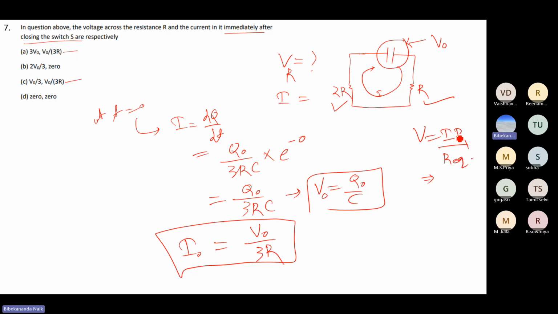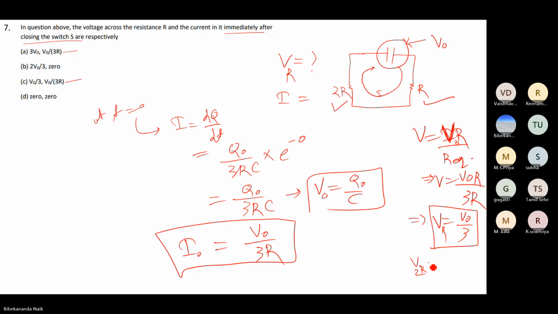V is equal to IR. This R is R equivalent. So if the total voltage is V0, then V will be V0 by 3R, because R equivalent is R plus 2R, which is 3R. So the voltage drop across the resistance R will be V0 by 3, and the voltage drop across the resistance